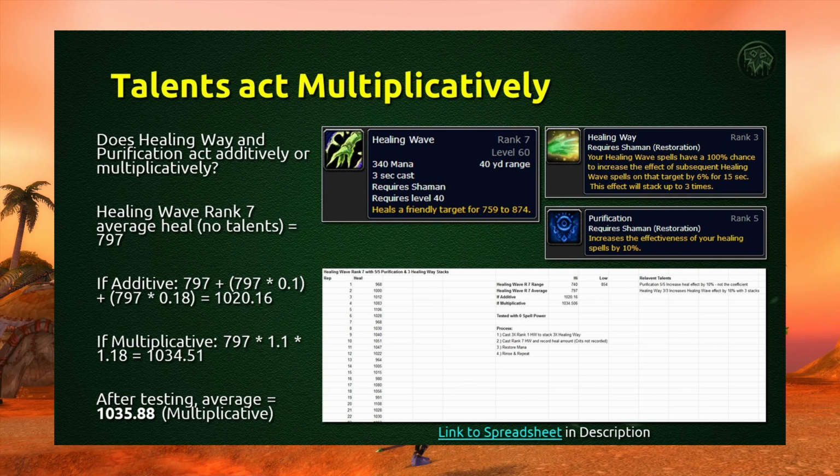We used Healing Wave at rank 7 to test this. Healing Wave rank 7 average heal is 797 health. If it's additive, it's 797 plus 797 times 0.1 plus 797 times 0.18, which will give a total of 1020.16. However, if it's multiplicative, it'd be 797 times 1.1 times 1.18 for a total of 1034.51. Doesn't seem like a huge difference, but we wanted to know this so we can calculate proper spell scaling